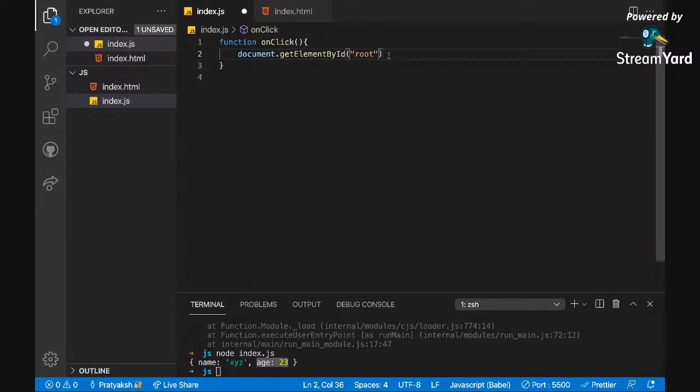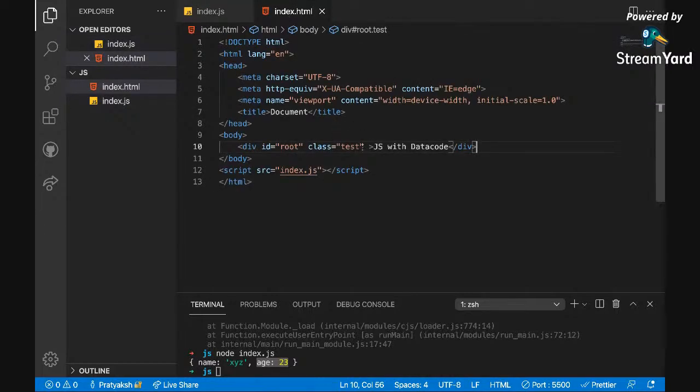Now moving forward, getElementById root, then dot innerHTML is equal to hello. I have defined this onclick function, but it needs to be called from somewhere. How can it be called? These div tags or p tags have different types of events. What are events?